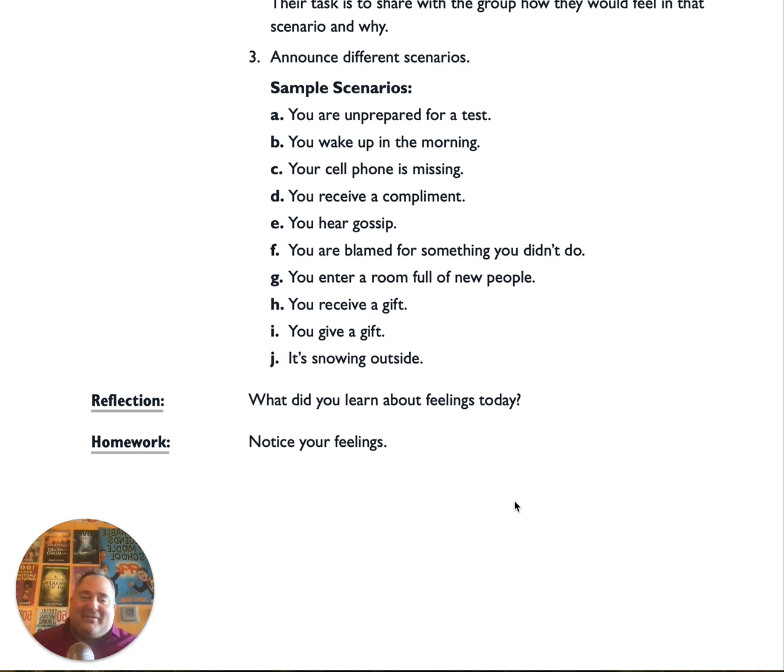You might have them track it by writing it down. You could just say notice it one time in the day. You could say notice it on the hour. And then the next day, check in with them and say, hey, how did it go with noticing your feelings? What feelings did you experience? And the discussion, the journey into feelings, has now started. Well done.